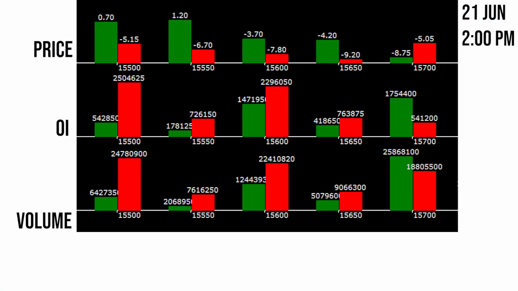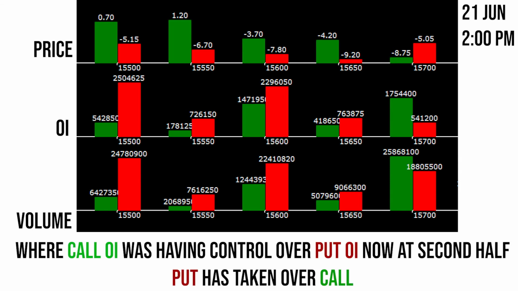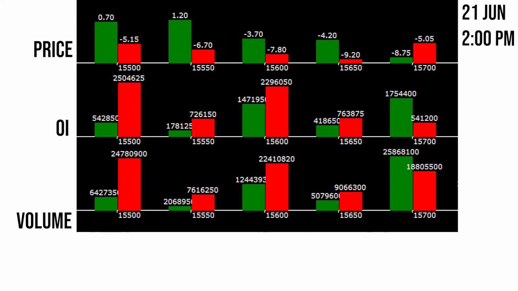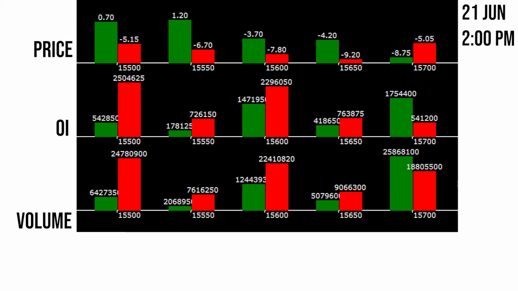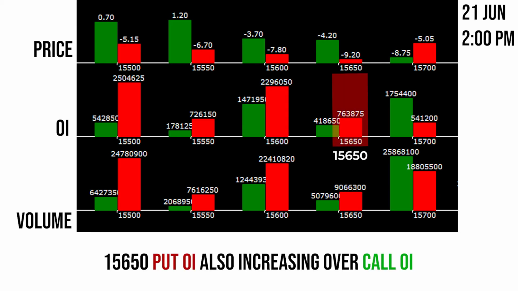then you can see the market will move upward. As you can see on the previous image, I have shown 11:45 AM of the morning session, where 15,600 call writing, that means call OI, was having control over 15,600 put OI. Now there is a change in OI, that means 15,600 put has taken over call, and simultaneously we have seen 15,650